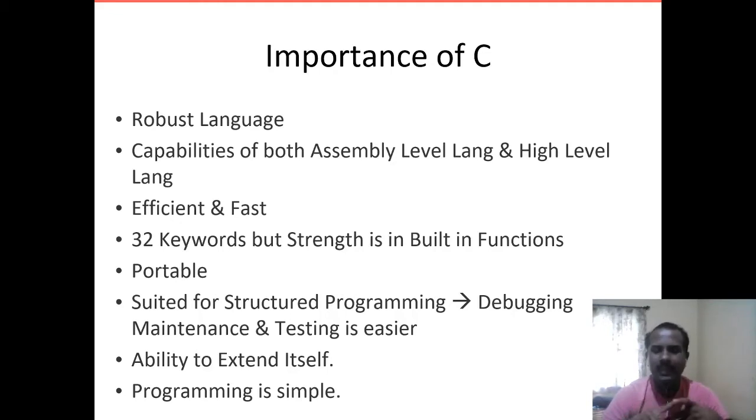One is high level language, the second is assembly level language, and the last one is machine level language. By using assembly level language we can directly give instructions to the hardware of the computer. Assembly level languages are short in nature, but can only be understood by the programmer. It is very efficient and fast also. Why? Because it has inbuilt functions, which make the programming very fast.